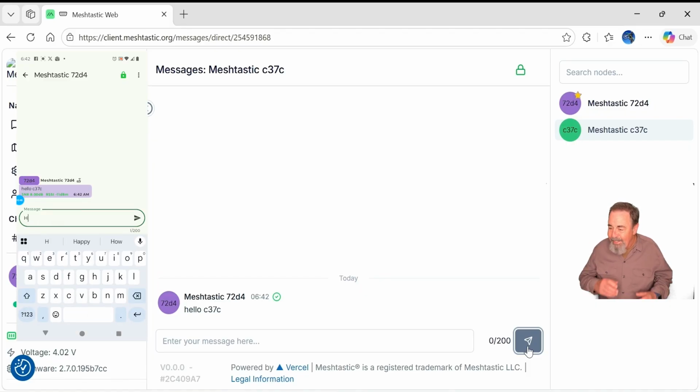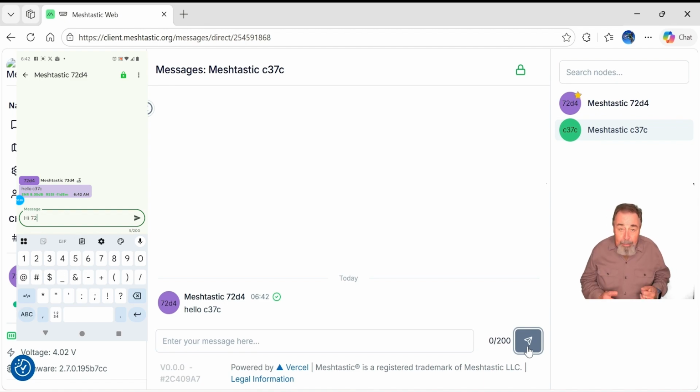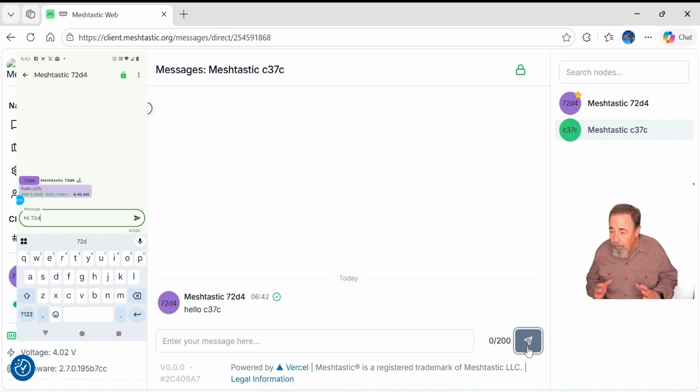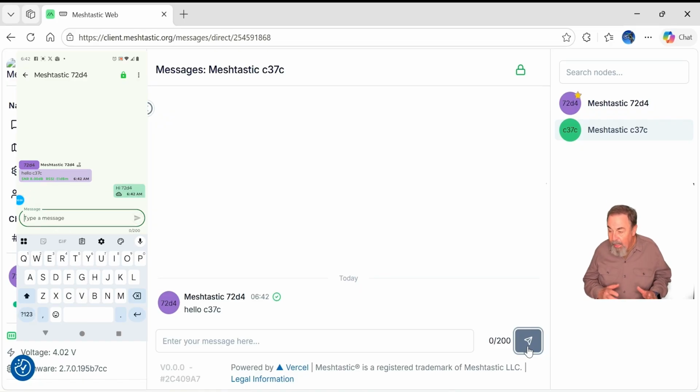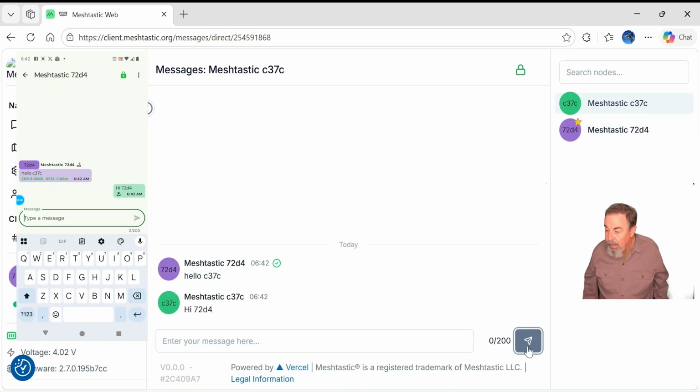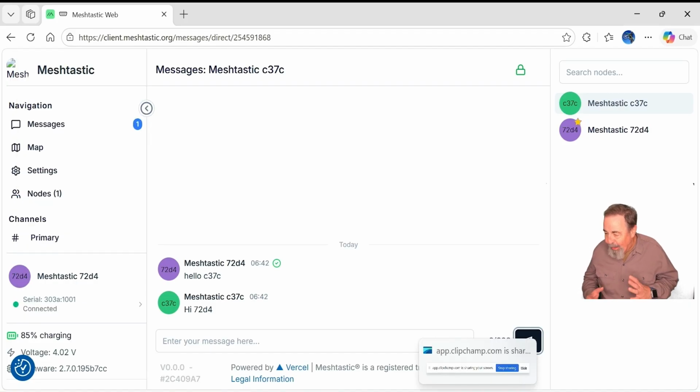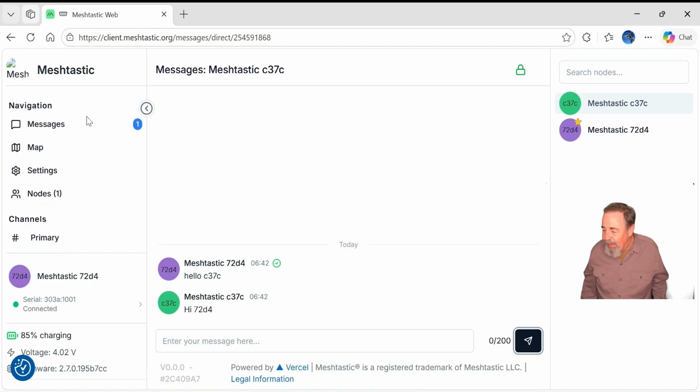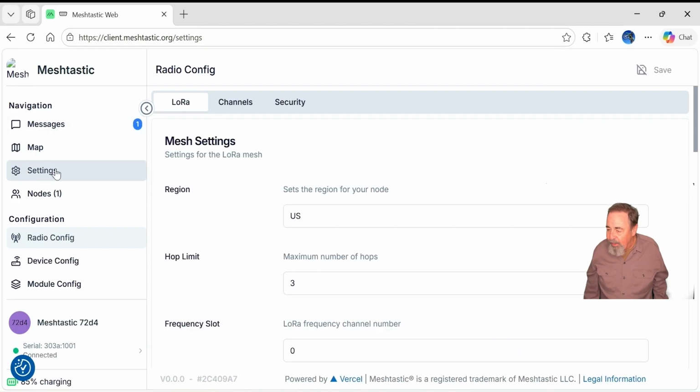My Meshtastic client respects that node's public key because we've interacted before. So I see you today and you got that public key. I see you tomorrow, you got that public key. You get the green padlock. So we've messaged in both directions, and we've established that both public keys are working. I just wanted to create that baseline so that now when I flash my Heltec V3,